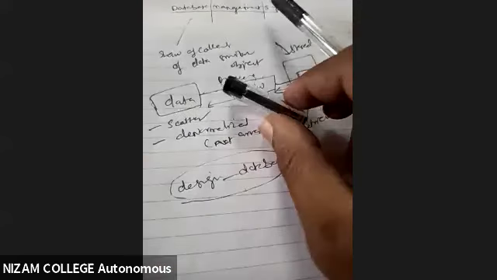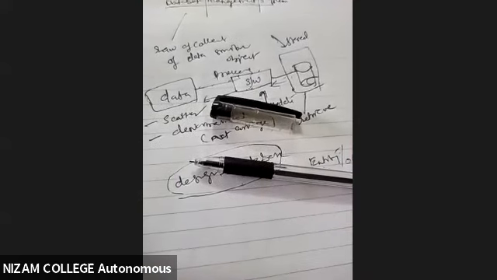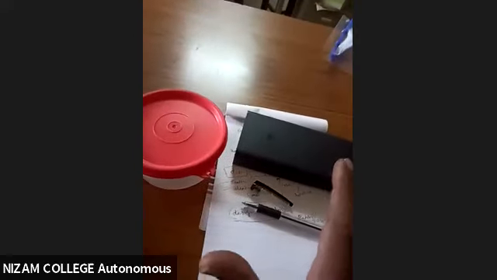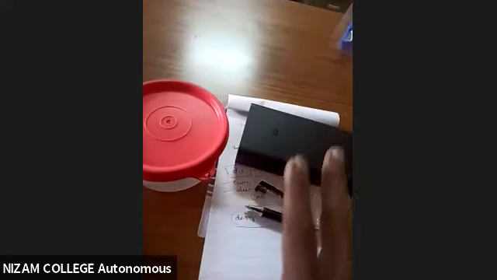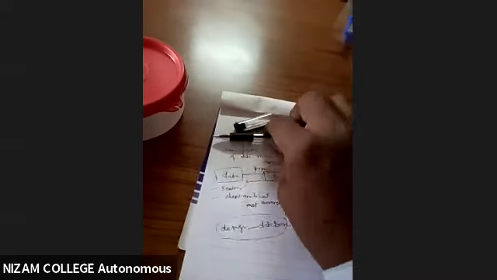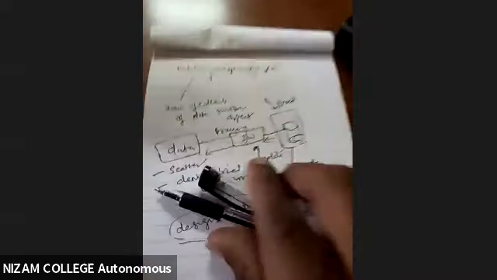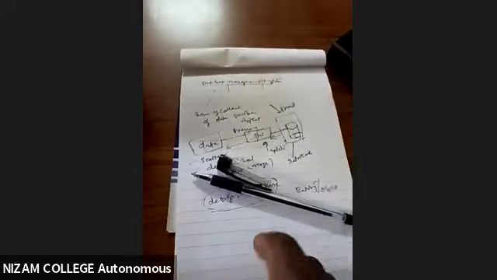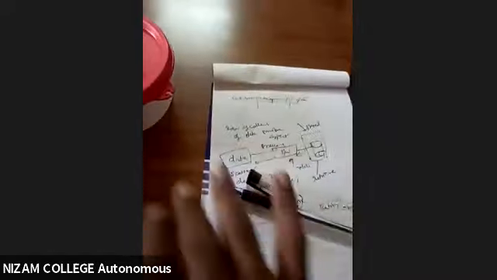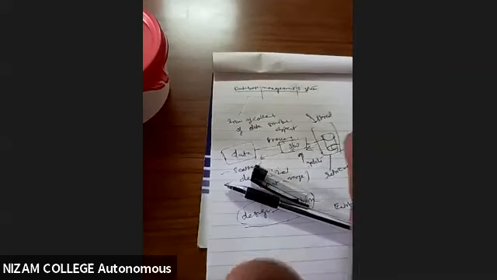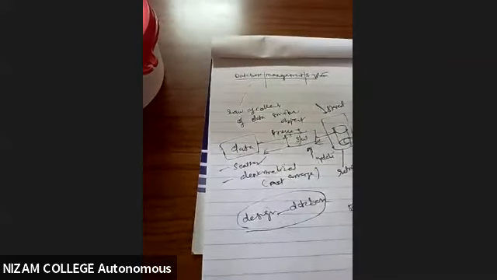Suppose I take the pen. Now the pen is an object. This is my power bank, this is one object. I have been collecting data like this. Now I have to segregate it. How will I identify the entity? I'll say this is a power bank, this is a tiffin box, this is a pen. Like this I'm trying to identify the entity from the existing data. So I have been finding the similar objects. These are all our objects. How they link to each other, we will see in the coming lessons.